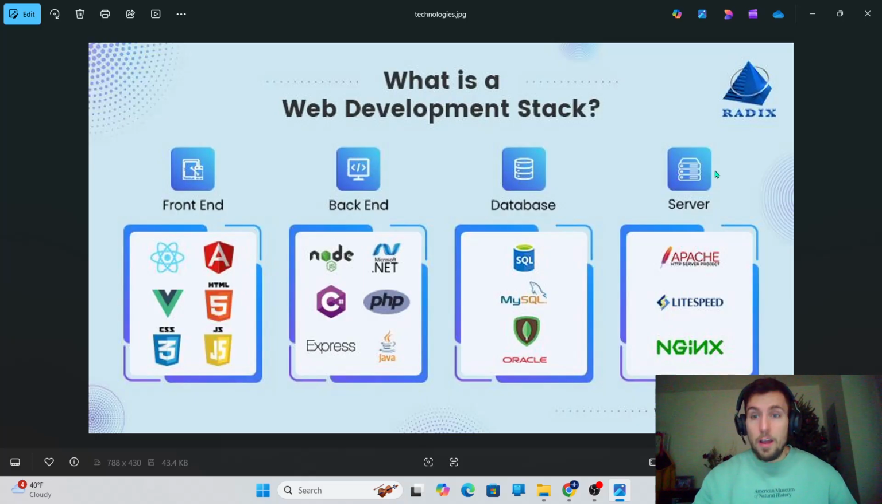So then we have server architecture. You have some examples like Apache, LiteSpeed. They stand behind the web server. So you need a web server, which is the foundation of your backend, where you store